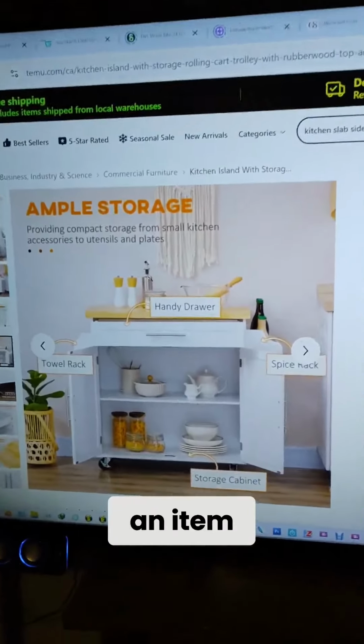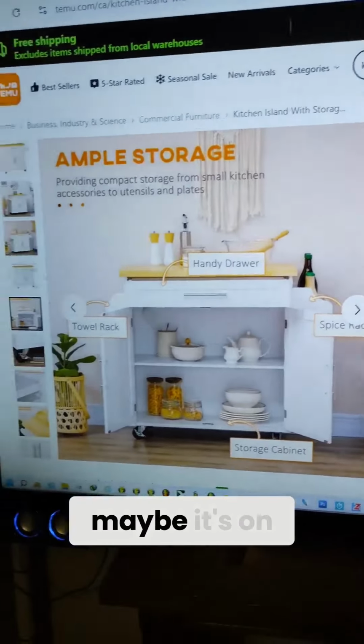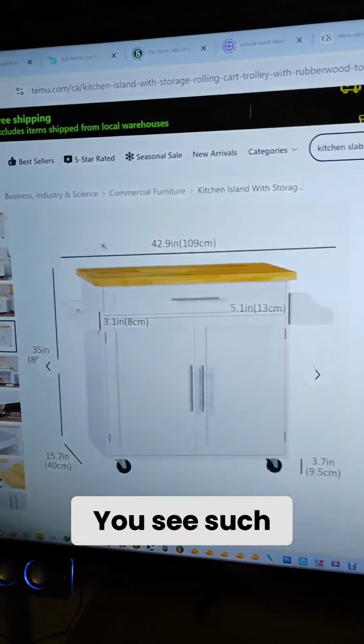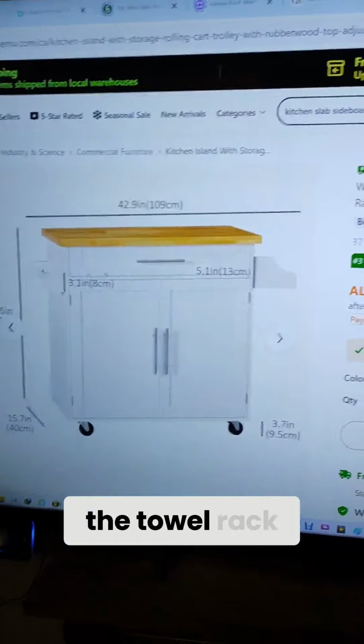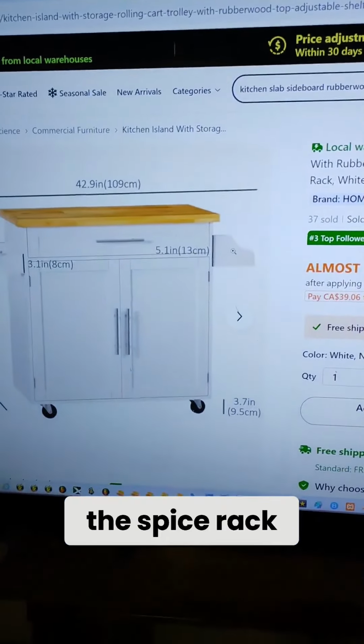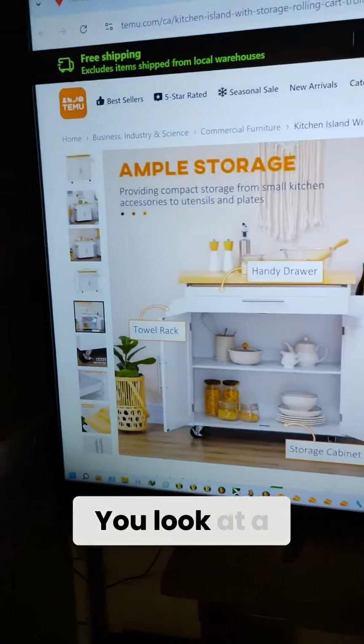So you're looking at an item. Maybe it's on Amazon, maybe it's on Temu. You see such dimensions listed, 42.9. Maybe you don't want the towel rack, maybe you don't want the spice rack. How do you know? You look at a picture